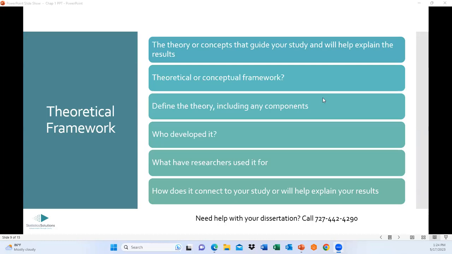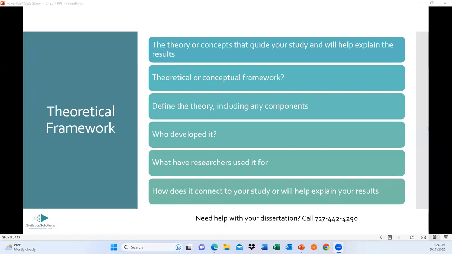So let's just take, well, before we get there, let's talk a little bit about the difference between a conceptual framework and a theoretical framework. I like to keep things simple and practical. Now we do have blogs. Let me see if I can post it here. All right, we do have blogs on theoretical frameworks and on conceptual frameworks on our website, so check those out. And the one I just posted talks about the differences between theoretical and conceptual frameworks.